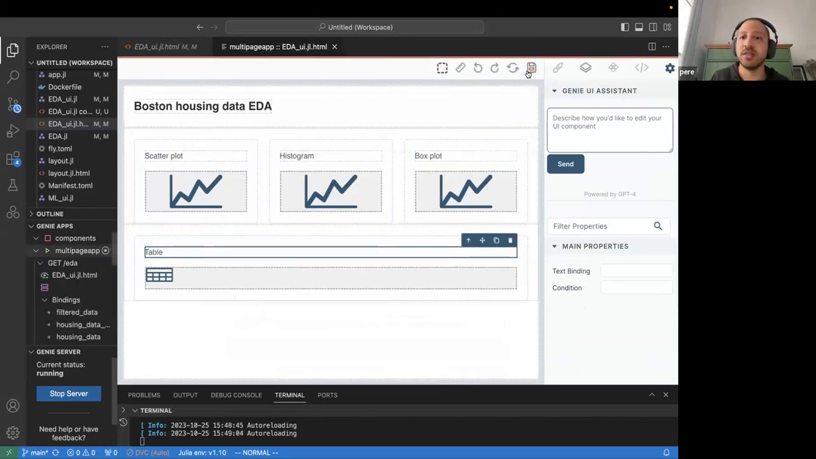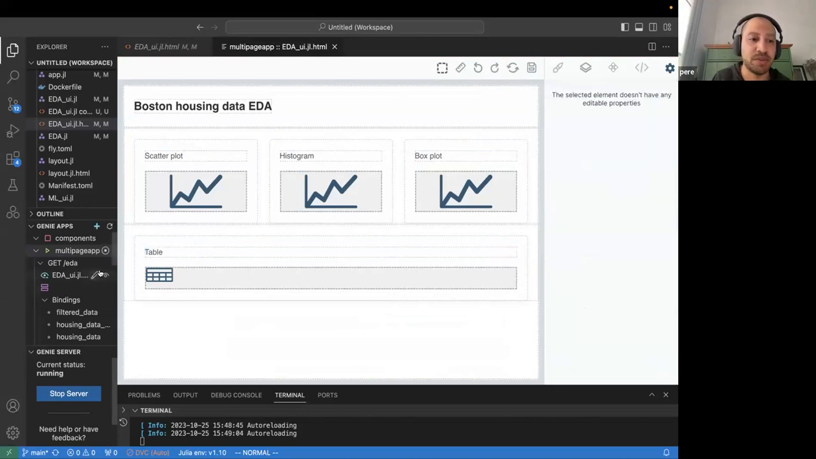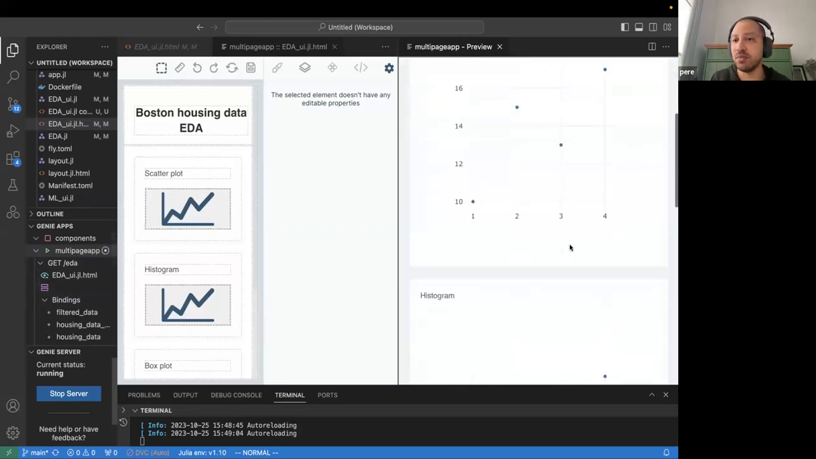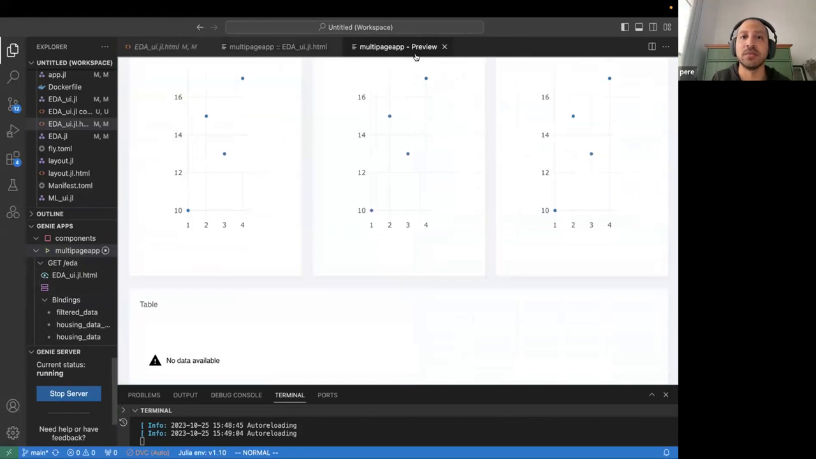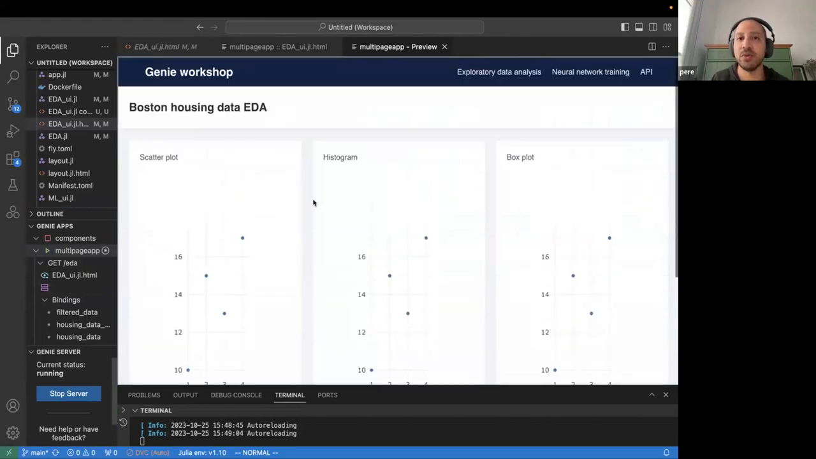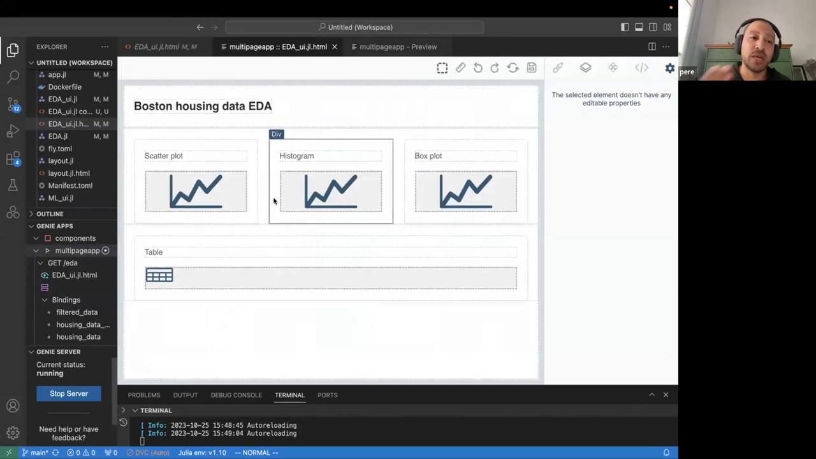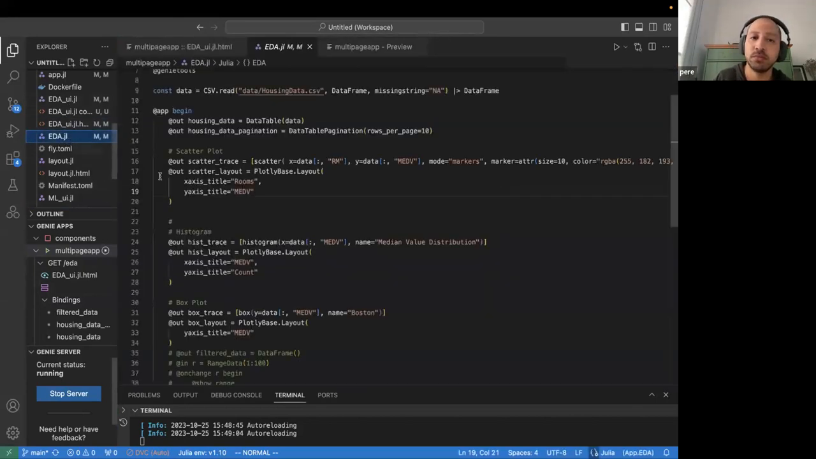And once we are done designing the interface, we can preview it. Well, we can preview it while we are designing it as well. By clicking on this monitor button right here, that will open a preview in a split window. If you want to make it bigger, you just drag it onto the top bar and we see our UI again. So now, after we have designed the UI, what would come next is going back to the Julia code,